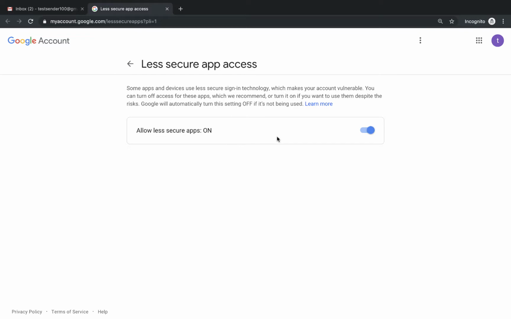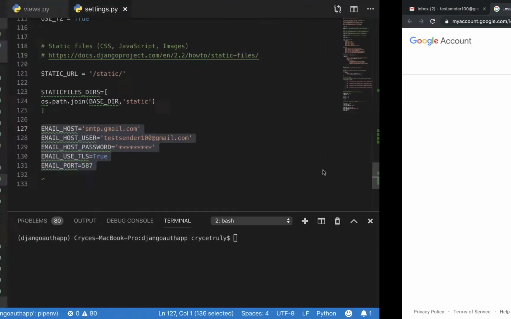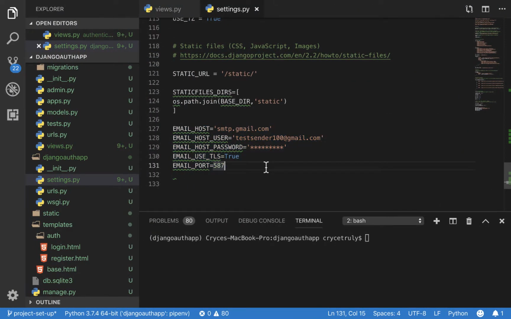If you're using an account that has two-factor authentication, you will not be able to do this, but you can create a test account to just send out emails. In other words, you don't even want to do these things on your main Gmail account. Have this one set. So once that's done, I just want to show you how we can